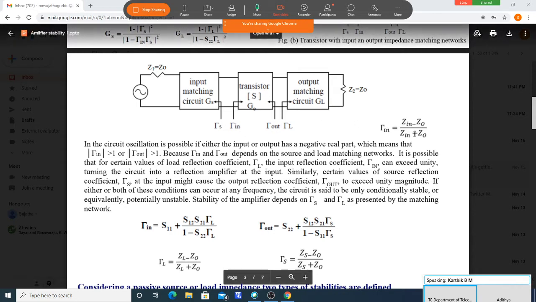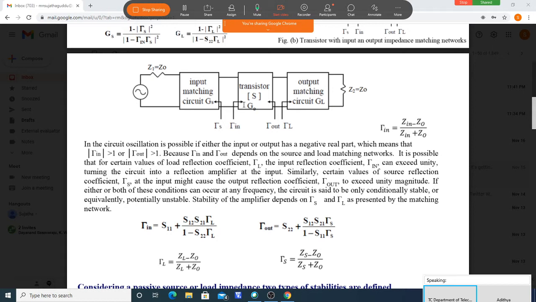See, there are three ways you can define this. Tau in we can define like this. You can define like this. And also, what is the one more definition? Reflection coefficient at any point here is the reflected wave at this point divided by the incident wave here. Is that correct? Outgoing wave divided by incoming wave. Okay, outgoing wave divided by incoming wave.